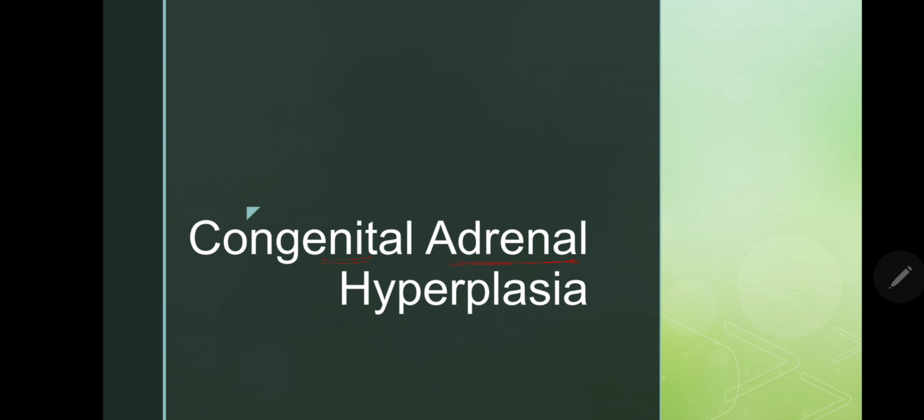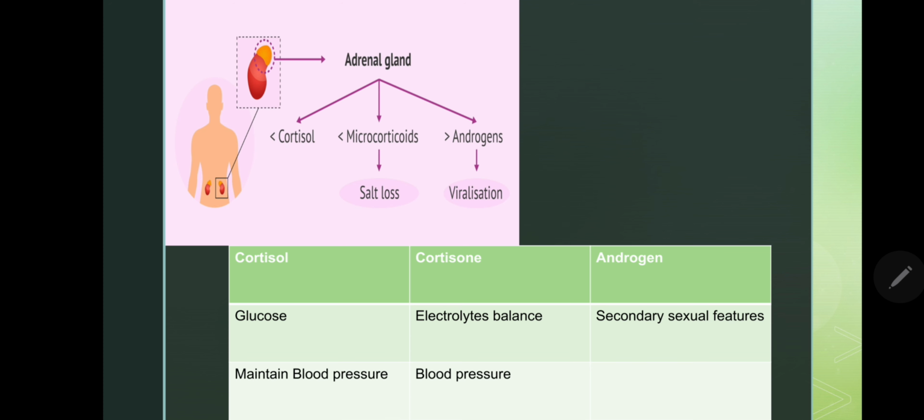So, what are the different hormones released by the adrenal gland? The adrenal gland releases three major hormones, and the most important hormone is cortisol. That means steroid. The steroid is the most important hormone released by the adrenal gland, and this hormone maintains the blood sugar level and also the blood pressure. So when there is a deficiency of cortisol, blood sugar is going to decrease and blood pressure also decreases, and plenty of other problems happen in the body. So this is the major hormone that has decreased synthesis in congenital adrenal hyperplasia.